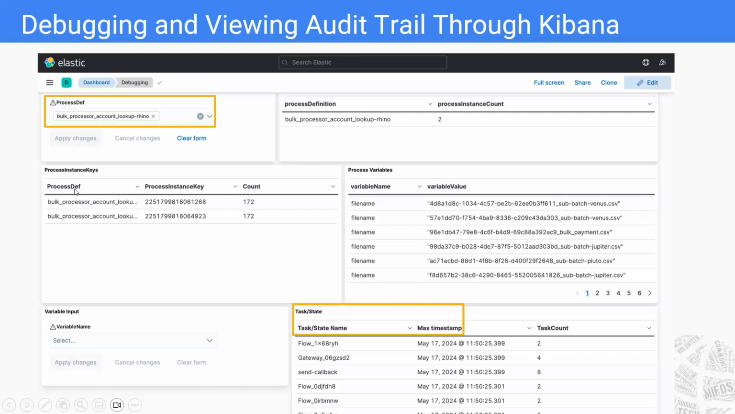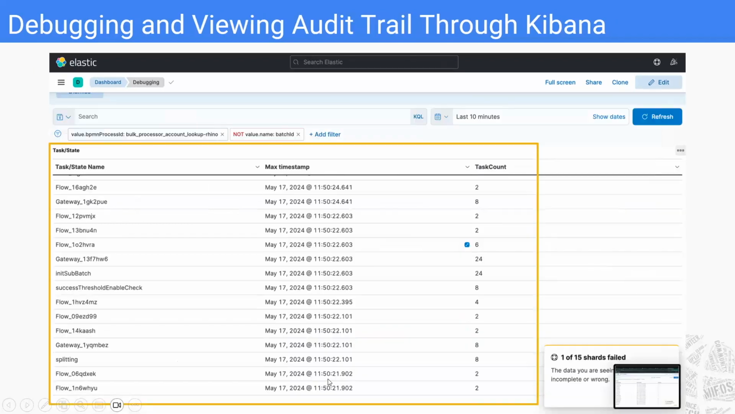So over here, these are the process instance keys. It lists down the process definitions. It counts how many instances happen for it. It also lists down all the variables and the values against them. And then the important part which we want you to note over here is that it lists down all the tasks related to this particular process that we defined. And it gives not just their timestamps, it also gives the count of the tasks or activities that were performed for each of these specific tasks. Just to give you more idea,